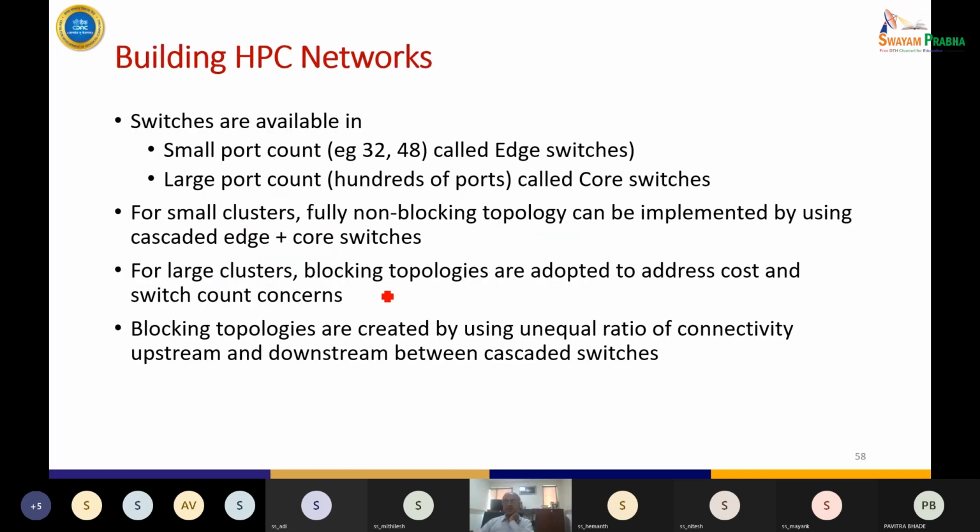So how do you build HPC networks? The switches are available in small port count. They are called edge switches, like 20, 32 port, 48 ports. Large port count ones are called core switches. Okay. So for small clusters,